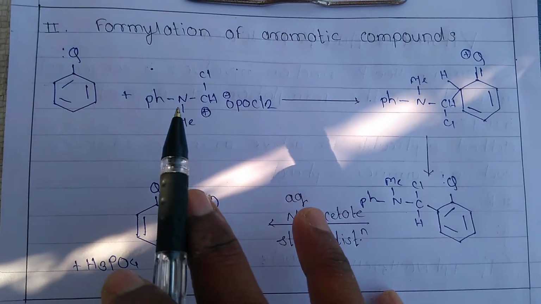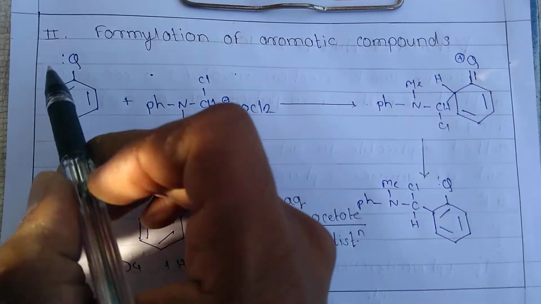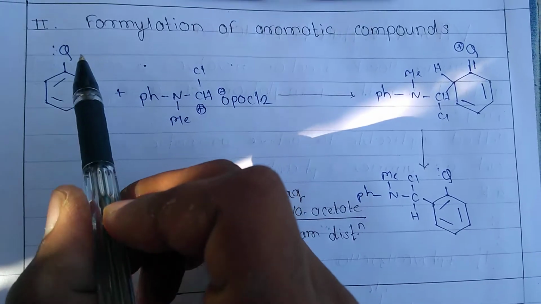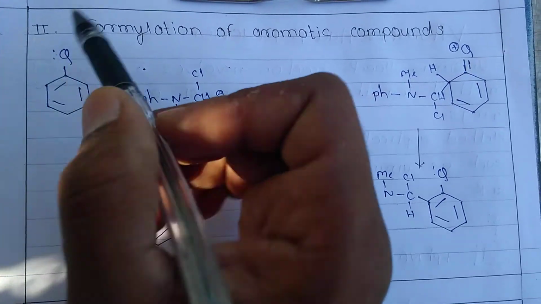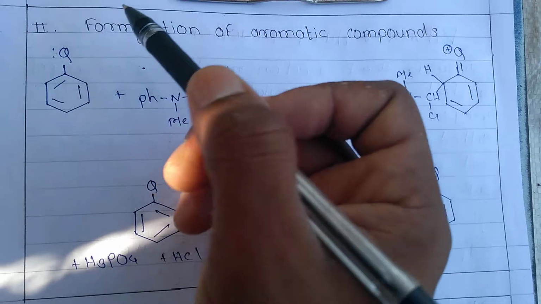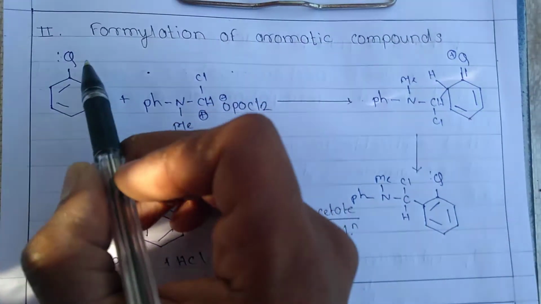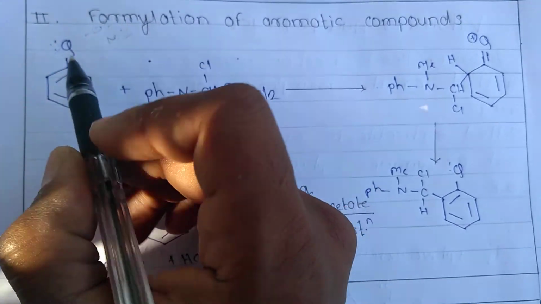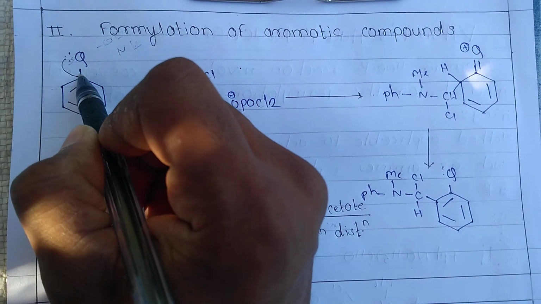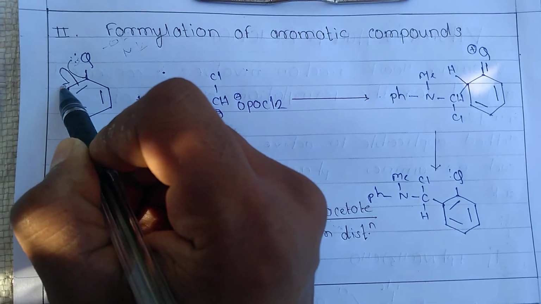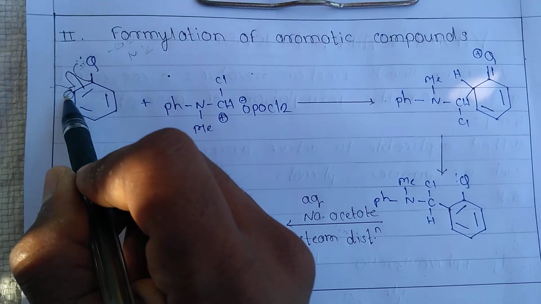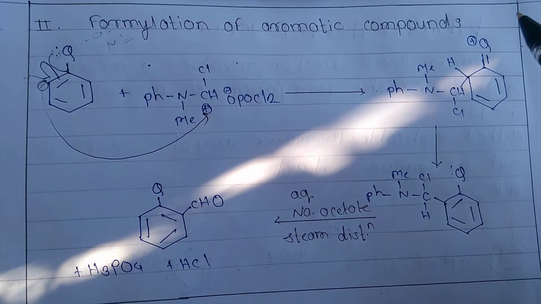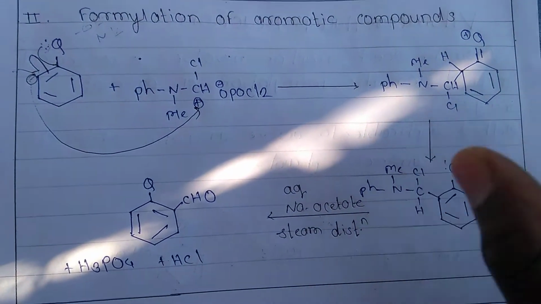So this is the mechanism of formylation of an aromatic compound. Firstly, here is an electron donating group. Q means any group which donates an electron pair, that means a lone pair, to the ring. Examples are OH or NH2. That means here maybe OH or maybe NH2. The lone pair of Q attacks here like this, and formation of a carbanion takes place here. Here is our hydrogen. So this carbanion attacks here, and the formation of this intermediate takes place. Okay.